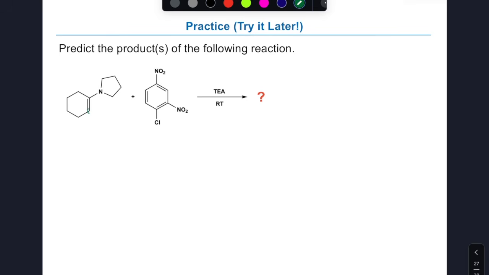Once again, we have a leaving group, which is both ortho here, but also para here. These are very good electrophiles because they have double stabilization throughout that system. So from that component, we're going to get a nucleophilic attack between this carbon and this carbon. So highlighting just that addition,